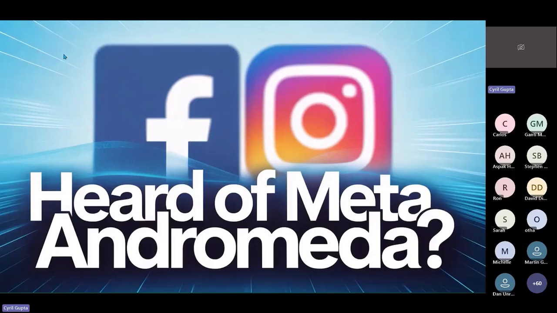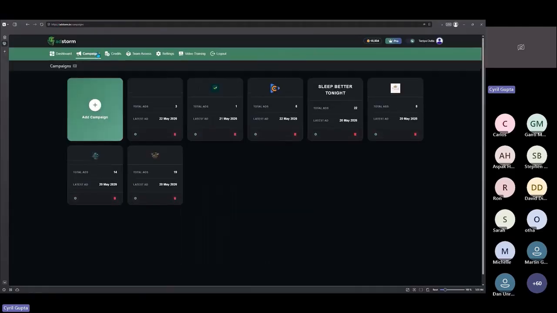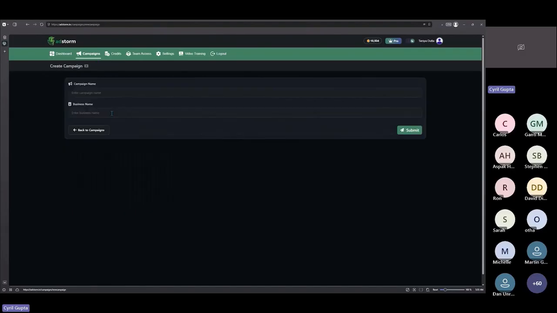Okay, so now let's create that ad for the dentist, right? Who wanted it? I forgot the name of the person who wanted it, but let's take a look. Okay, Richard wanted it. Fantastic, Richard. So we're going to create a campaign. Denta Clean. I just invented this.